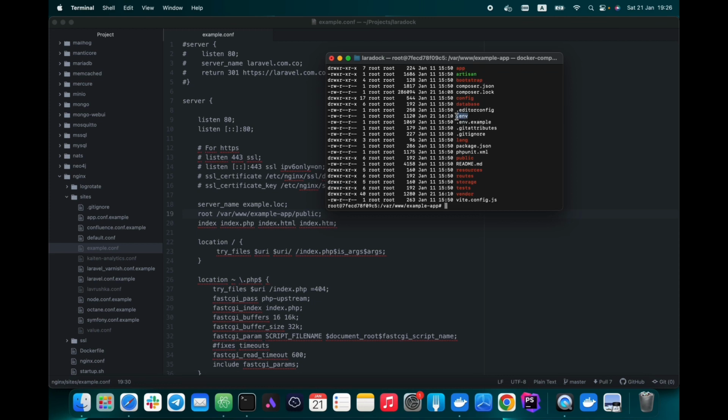If it doesn't exist, you will need to copy the env example to env. Then we will change the database configuration in the env file.